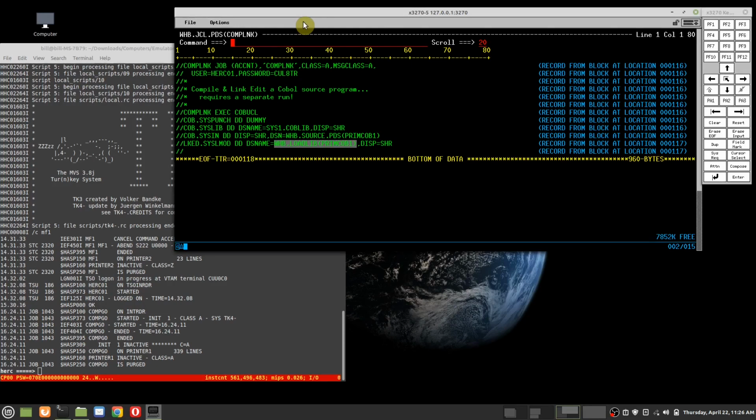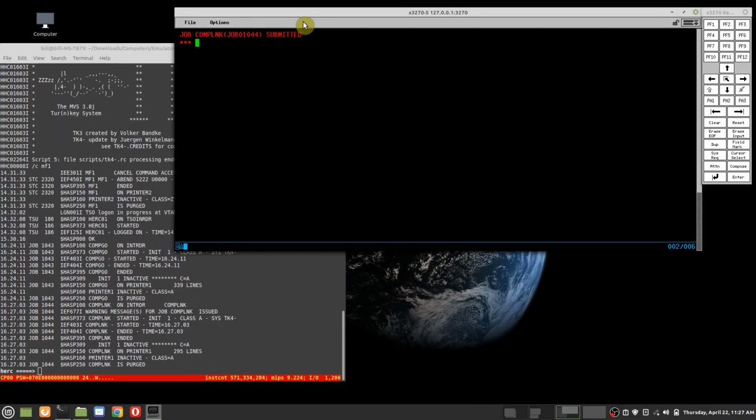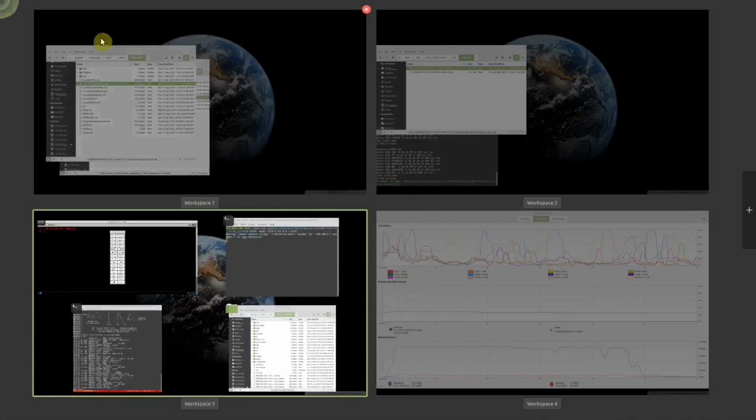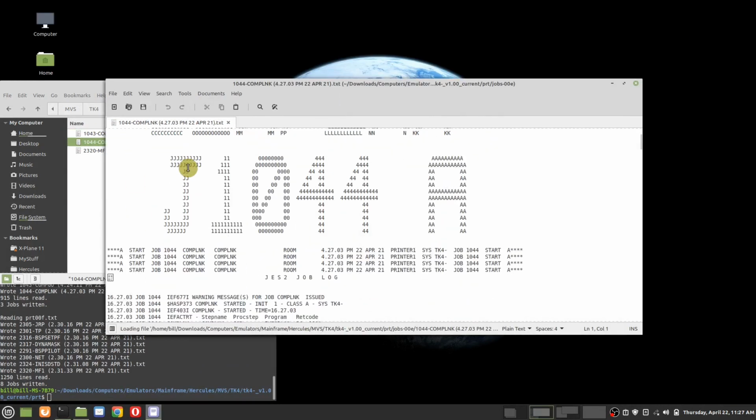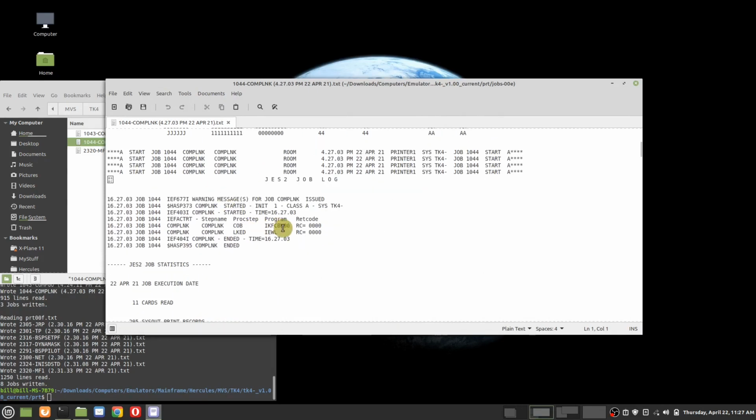So I'm going to submit this. I didn't have to pull the COBOL program out. So we'll submit this. And it's job 1044, which matches over here. We come over here. Here's the compile and link. You can see this is the linkage editor, both return code 0. If we go to the bottom,